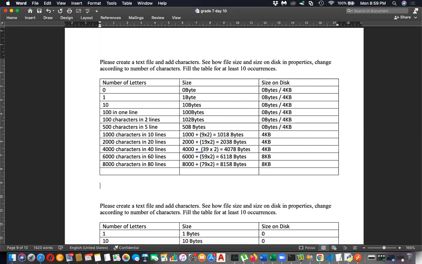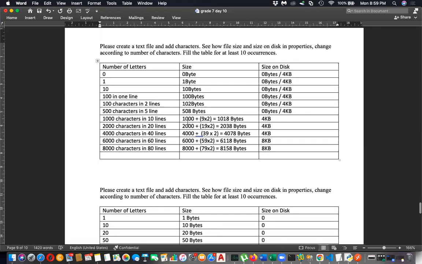Okay, let's identify the relationship now. Now you know how size of the file depends on this. So actually, in grade 7, you don't need this kind of mathematics. If your parents work in IT, then definitely he or she will scold me, why are you teaching this kind of mathematics to grade 7 kids, because this is not necessary. I know that, but you have to identify the relationship, why there are two sizes in files, because that is a practical issue.